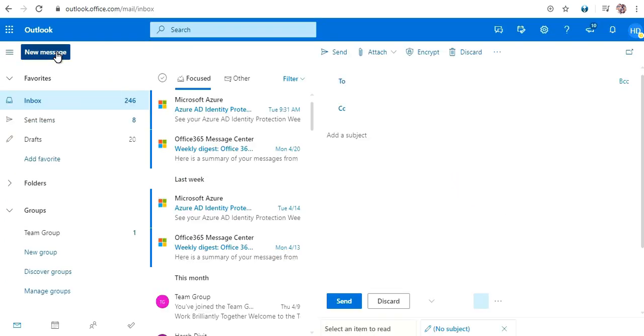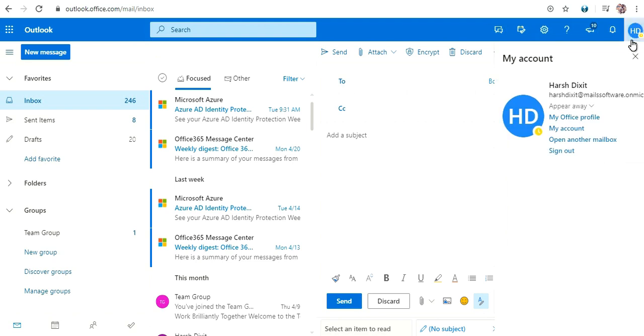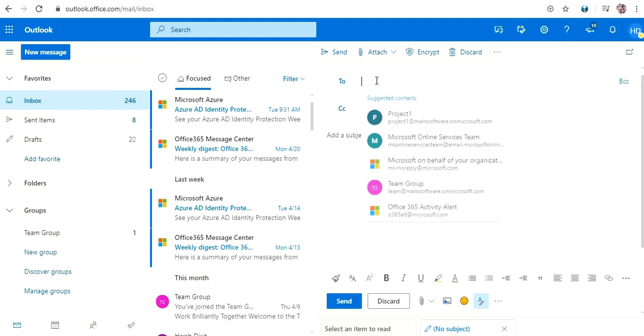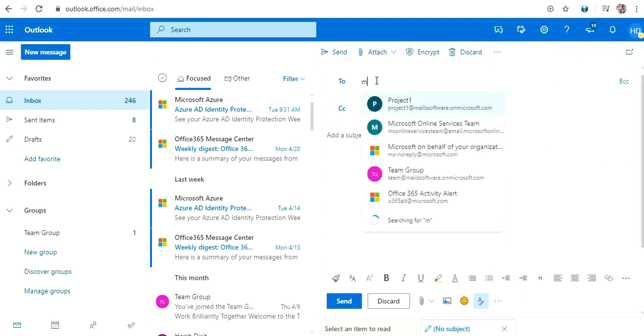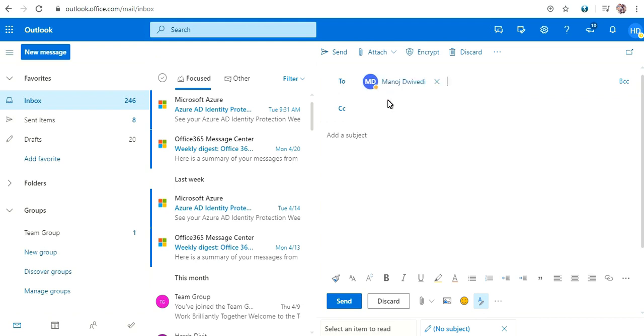Now we will again create a new message. See, we are again on Harsh Dikshit's email ID. We will again send a message to Manoj. Now we will add the subject, testing send on behalf message.